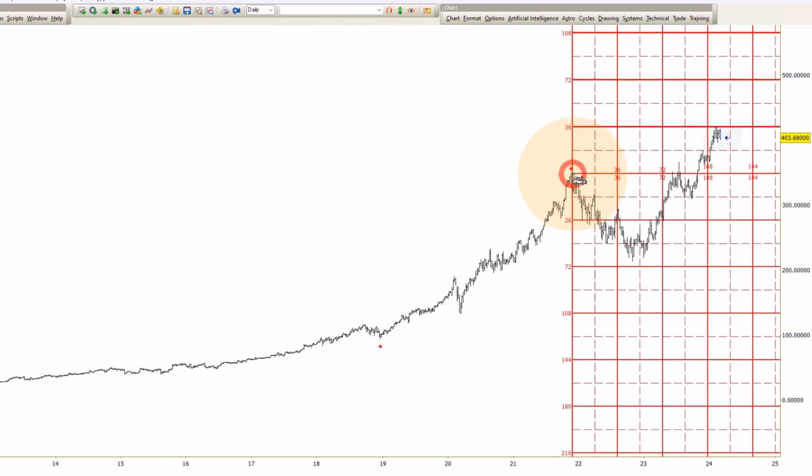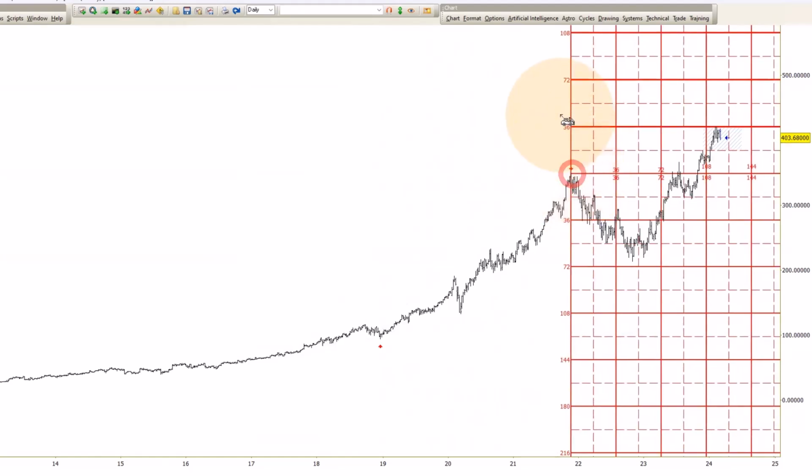And if we go to the high in 2021, we're 36 degrees up exactly, and we stalled right there. And we're a couple of points short of 72, but let's say we got down to 72, so we're 2 down and 1 up. I think it's a good square because the half square held really well, and eventually we came out, broke it to the next. So we're moving in 36s. We did 36 from half to half, very tight consolidation, broke out another 18, to complete the half square.